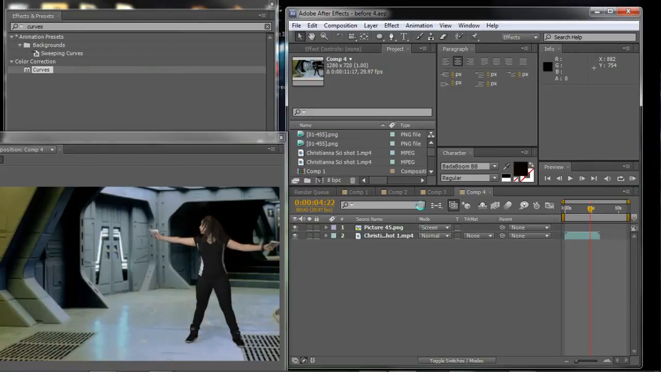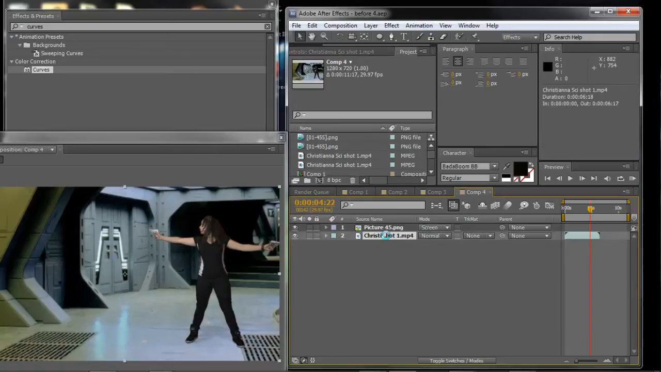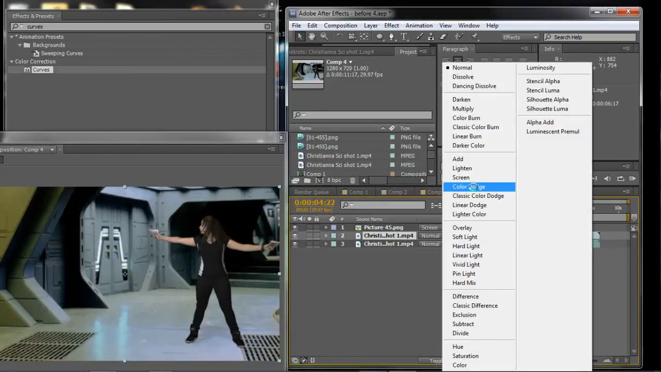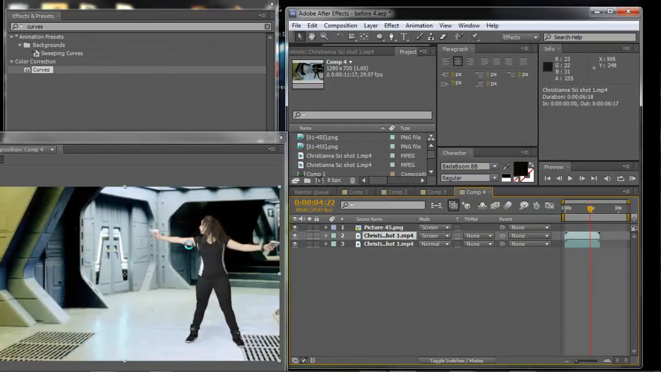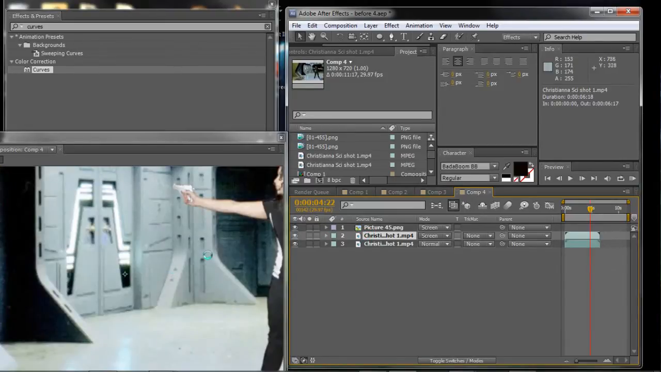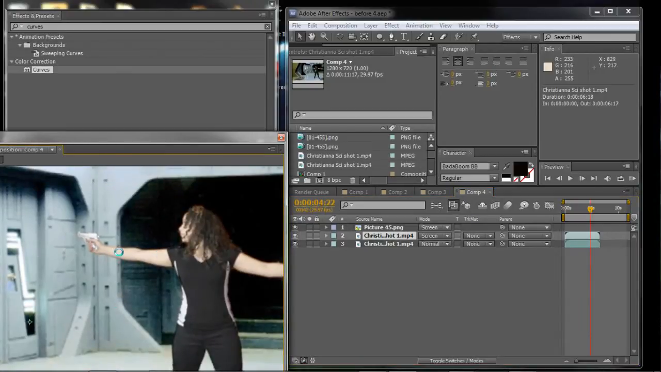Okay, so now what we're going to do is we're just going to take the main photo layer. We're going to hit Control D to duplicate it. Then we're going to change the blending mode on here to screen. Okay, now with the screen blending mode on, we're just going to mask out the areas that we need as far as where the muzzle flash is at. So basically we need right here in her face. So just take the pen tool, go along the top of the arm here,